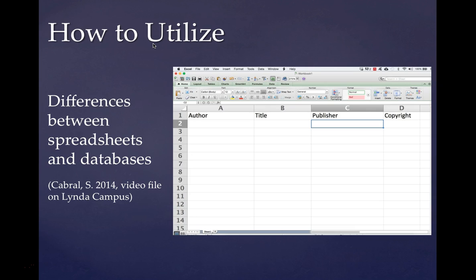helpful a database is over, say, maybe just a straight spreadsheet, which I took a little screenshot there of a made-up spreadsheet that I made. And I didn't even populate it with information. But you can imagine if all of this had information in it, it'd be hard to maneuver around and analyze. I wouldn't have a way of just asking questions. As the MySQL database system, as I will show you later, you can ask questions of that and it'll spit